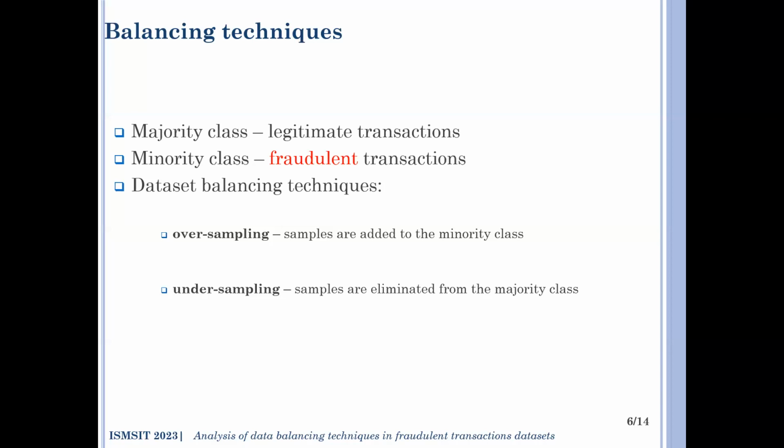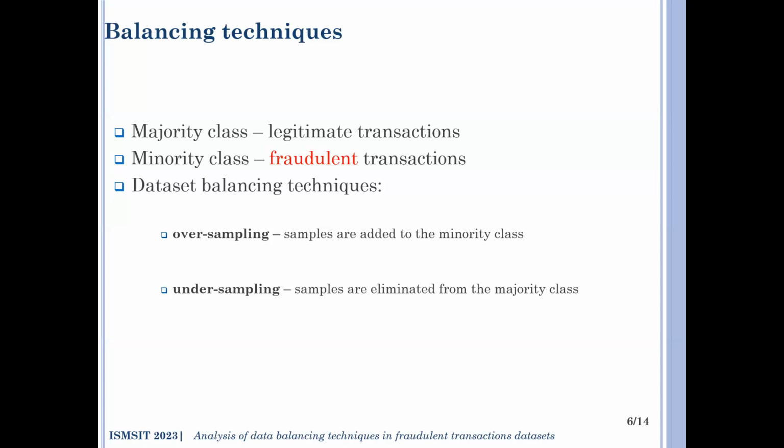When we're doing oversampling, we're adding more samples to the class that has fewer items. We're adding more samples to the minority class. We're creating artificial samples and adding to the minority class, while in undersampling or subsampling, we're eliminating samples from the majority class so that the majority class finally gets to have the exact number of items or samples as the